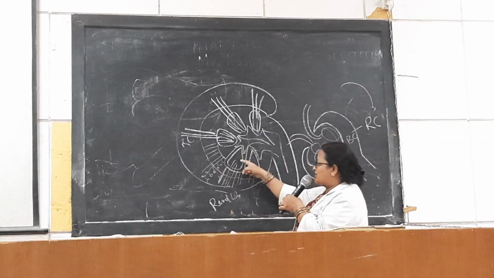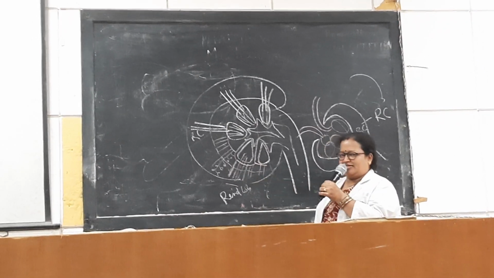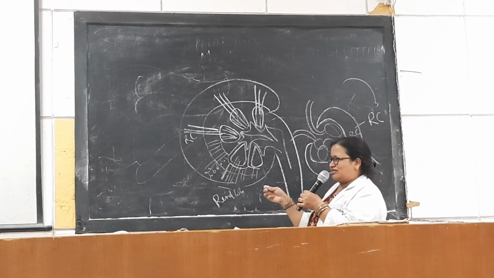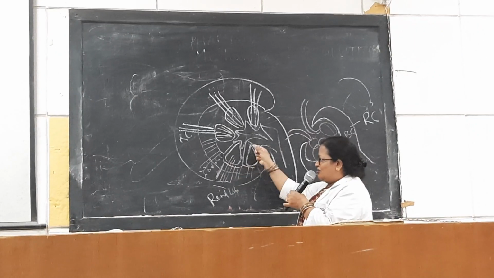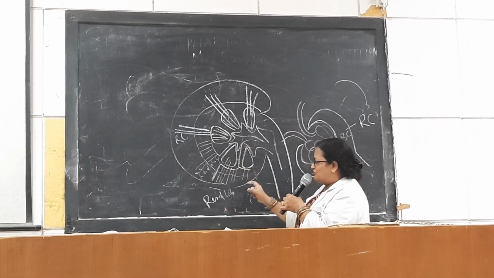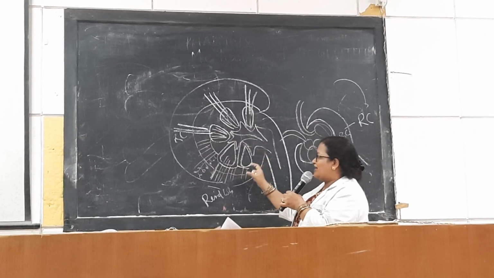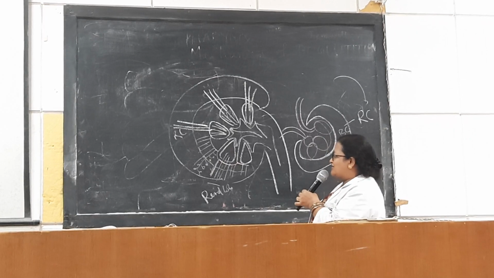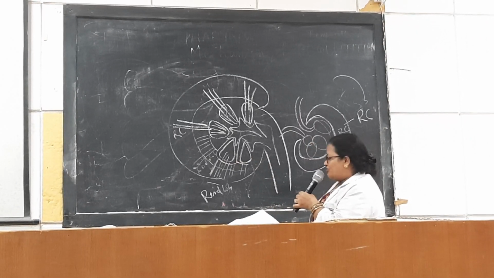So it almost encloses 1 to 2 pyramids along with the adjoining cortex. So that is a renule, which is the cortical tissue or the medullary tissue, the renal tissue, which is supplied by one lobar artery. Supplied by one lobar artery is called one renule. Okay. So now we will come to,